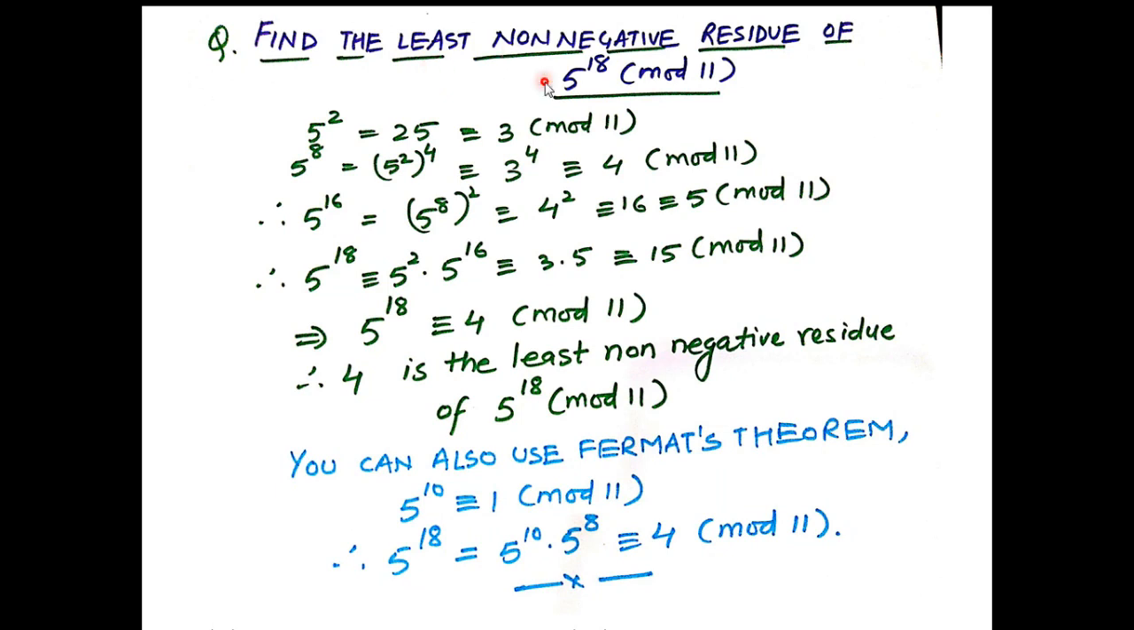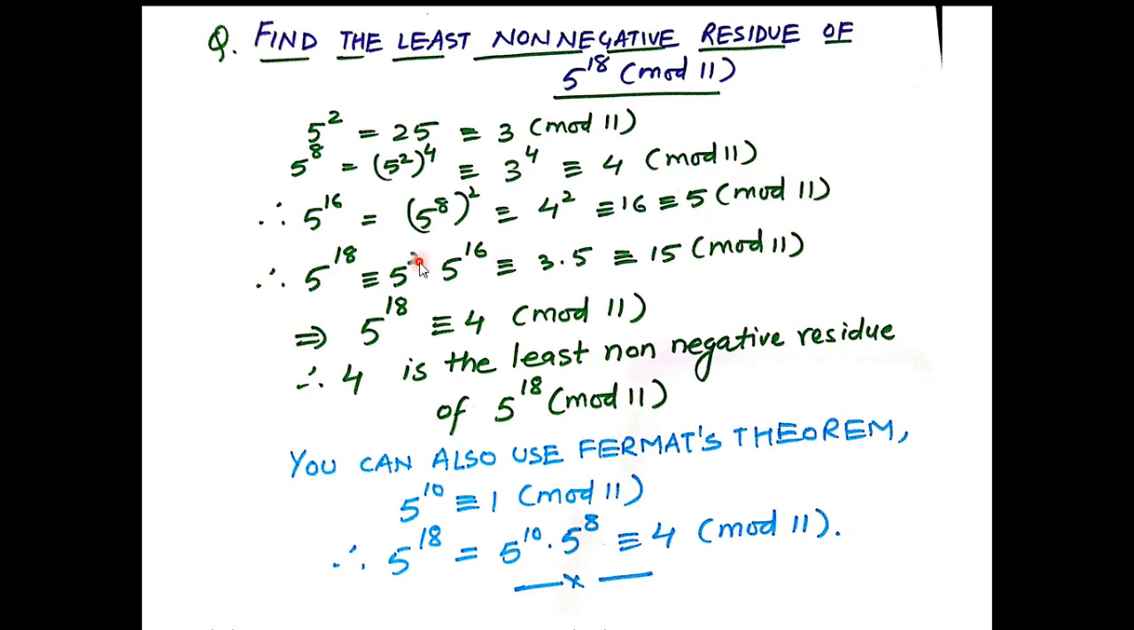In this question we have to find the least non-negative residue of 5 to the power 18 under modulo 11. So let us try to find what 5 to the power 18 is under modulo 11. 5 square is 25, which is congruent to 3 modulo 11, because 11 times 2 is 22 and 25 minus 22 is 3. 5 to the power 8 is 5 square to the power 4, and 5 square is congruent to 3 by the previous step. So this is equal to 3 to the power 4, and 3 to the power 4 is congruent to 4